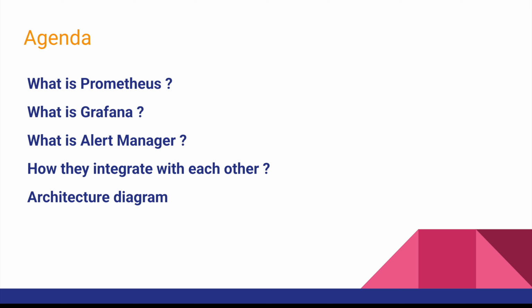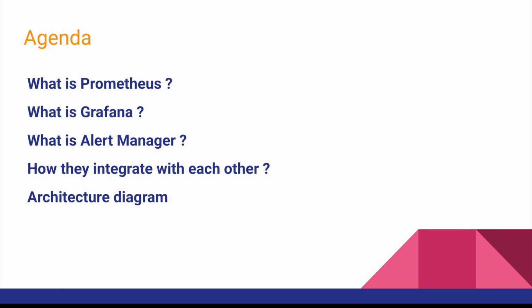In this video, we are kicking off our series on monitoring an EKS cluster using Prometheus, Grafana and Alert Manager. This is part 1 of the series where we will cover the fundamentals of monitoring, what these tools do, how they work together, and why they are essential for keeping your applications running smoothly. By the end of this video, you will have a clear understanding of how Prometheus collects metrics, how Grafana visualizes them, and how Alert Manager helps notify you when something goes wrong.